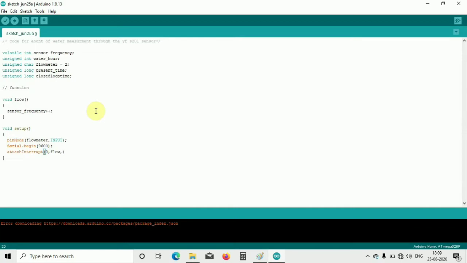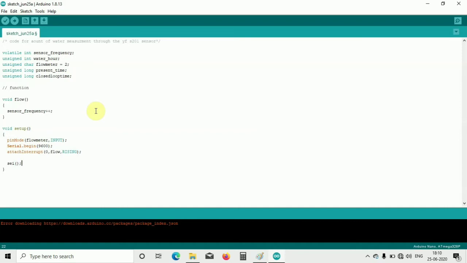And then whenever it is a rising edge of the clock, that is the pulse, I will write RISING, meaning whenever there is a flow in the YFS201 sensor, at that moment the pulse is going to rise, so that's why I am mentioning the rising edge of the pulse here. Okay, so now I will call sei(), which is enable interrupts, so that it can take the interrupts.